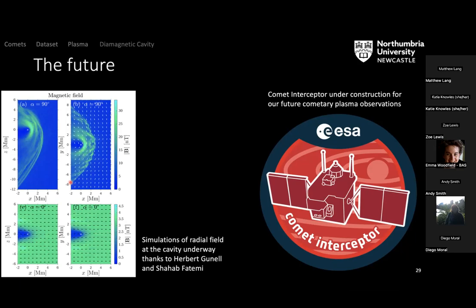And the other thing I wanted to point out is that Rosetta was not the last mission to the comet. We have a new mission coming up. It's called Comet Interceptor. It will launch in 2029, and it's kind of the next step in cometary exploration. It also has a bunch of plasma instruments, and most excitingly, it actually has 3 different spacecraft. So we will be able to measure the magnetic field at 3 points instead of just 1 point, and thus we will be able to disentangle the temporal and spatial effects, which is not possible with the Rosetta dataset so far. So we're all really excited